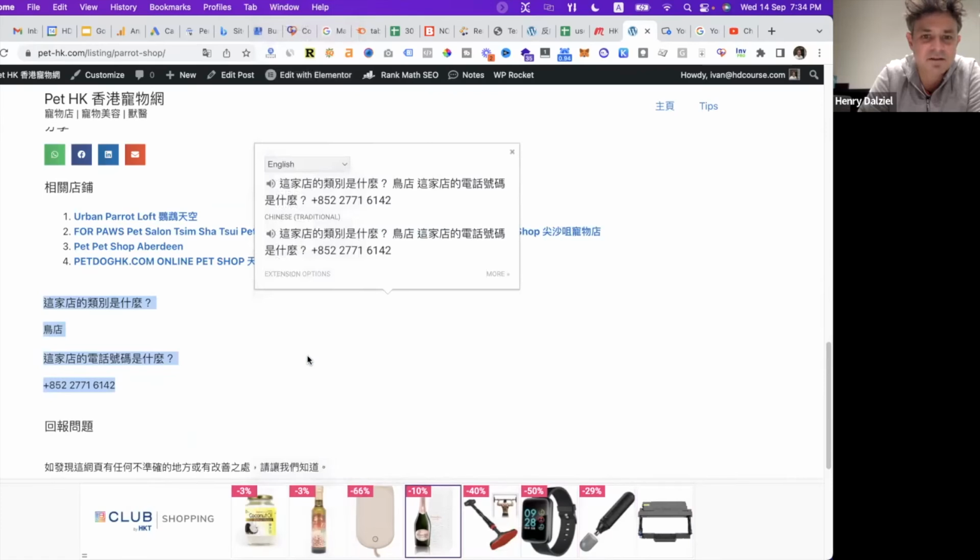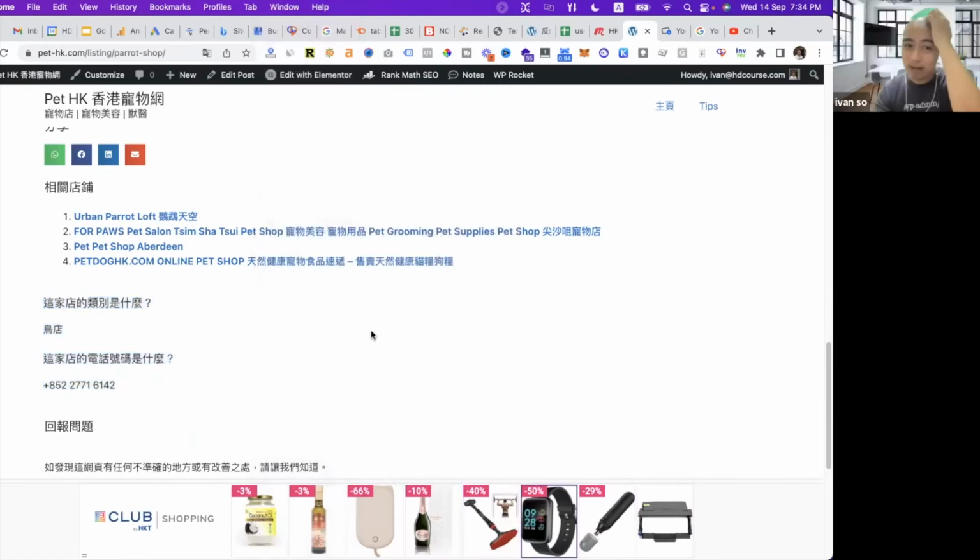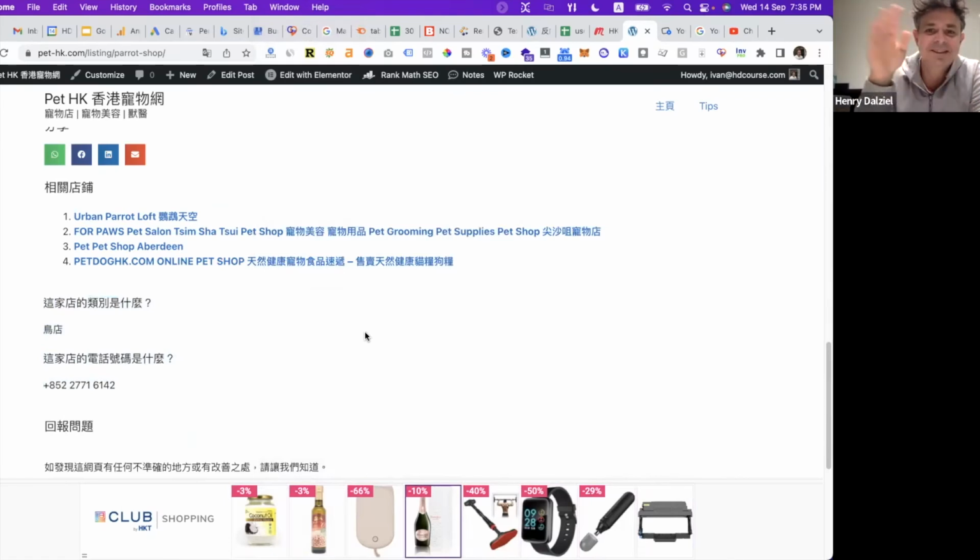Yes, exactly. But I try to do that in a more automatic way because it is a custom post type. But based on this, I actually have a problem when I search for "pet" in the keywords. Yeah. So when I search for pet, it actually searches for the title of the shop, not necessarily for the